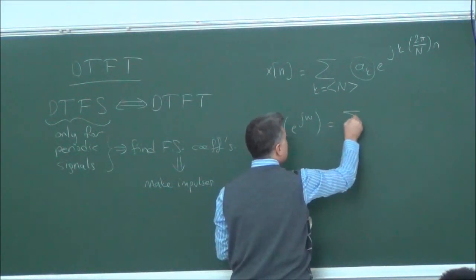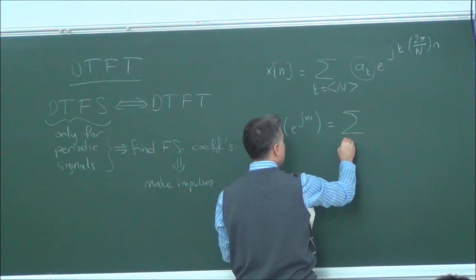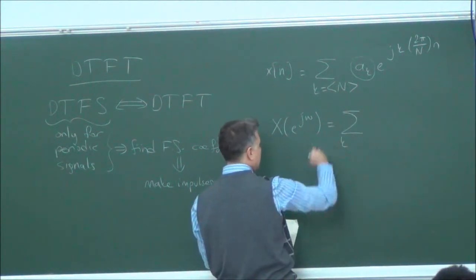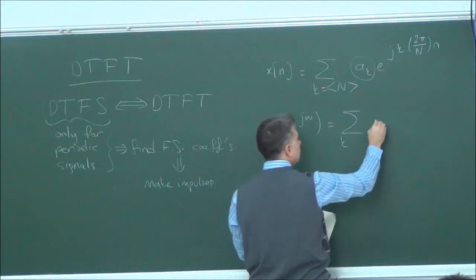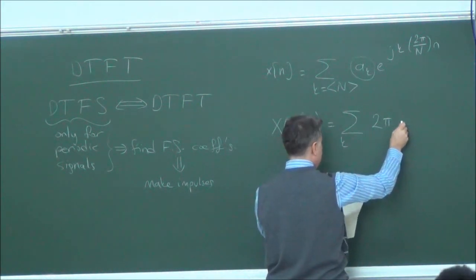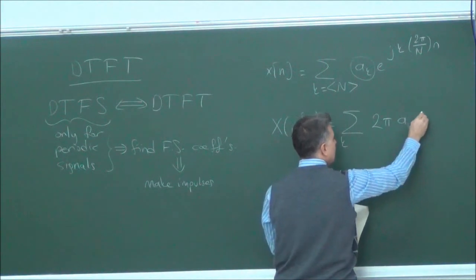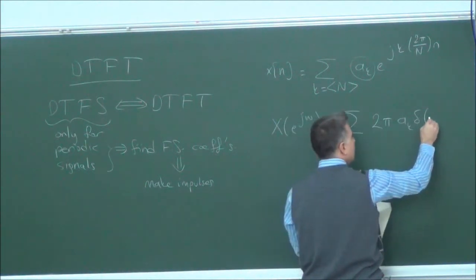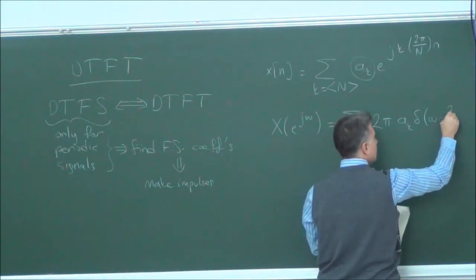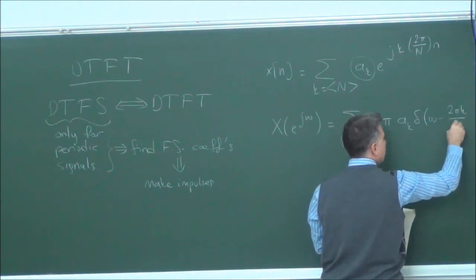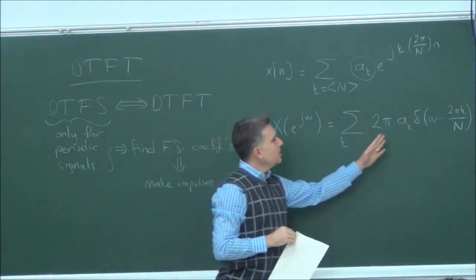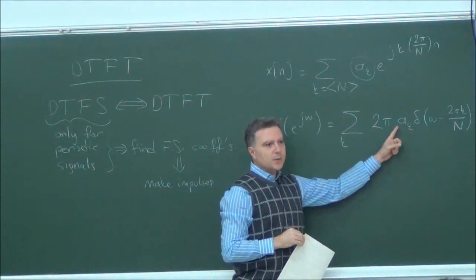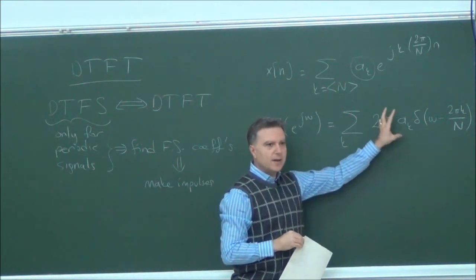And that is equal to the summation over k, I will indicate the summation index later, of 2 pi times a_k times the impulse delta of omega minus 2 pi k over N. So it's the same. We are just inserting an impulse at the position with the value a_k